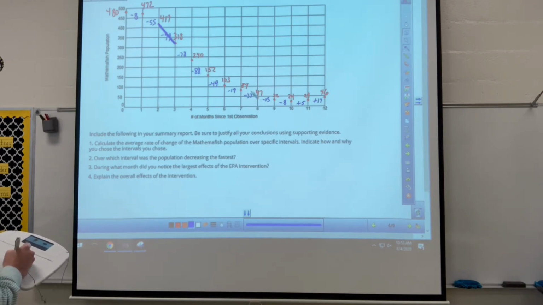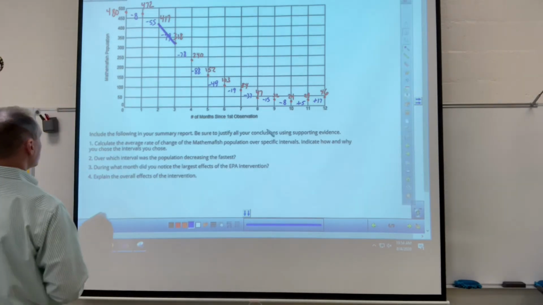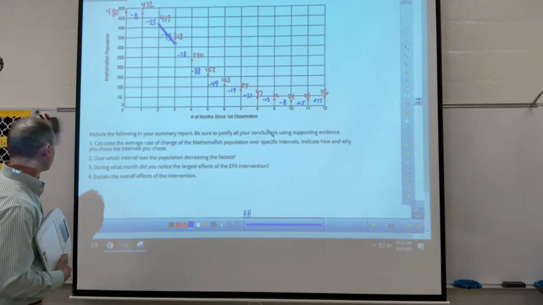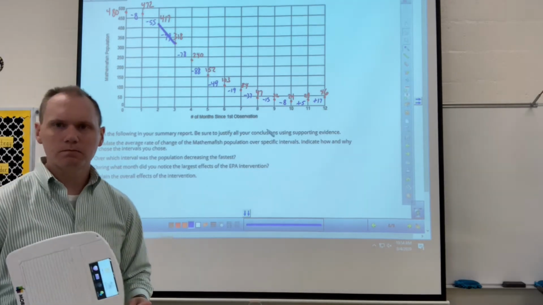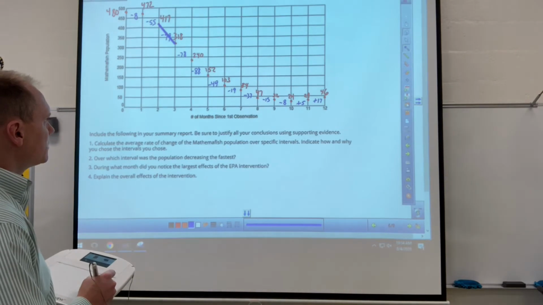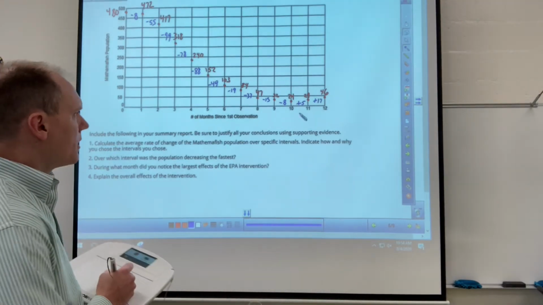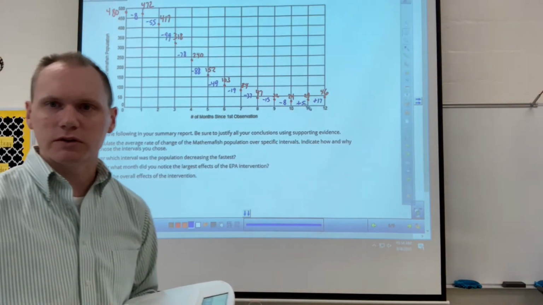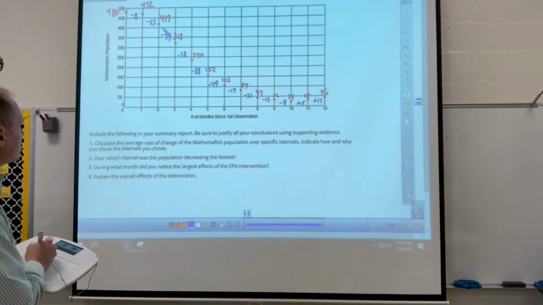So quite a bit there, but not nearly as much. And so from months 2 to 3 is the interval in which the population is decreasing the fastest. During what month did you notice the largest effects of the EPA intervention? So it's kind of a loaded question, because you might say that it's when we start increasing in our population, but that was not a huge change. Like it only went up 5, for example, there,